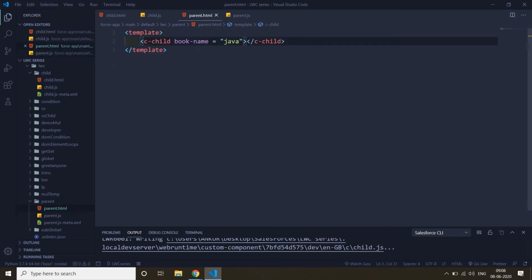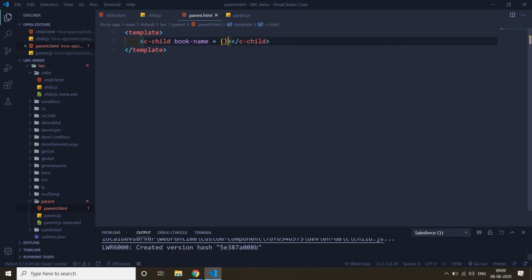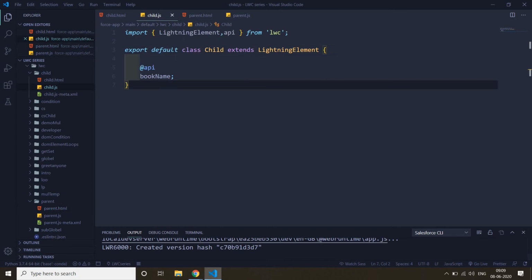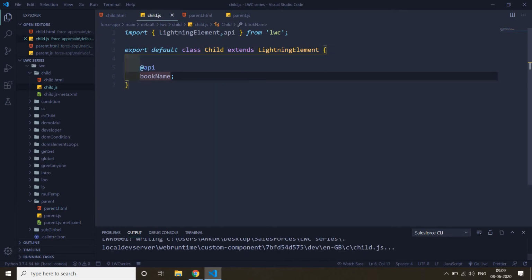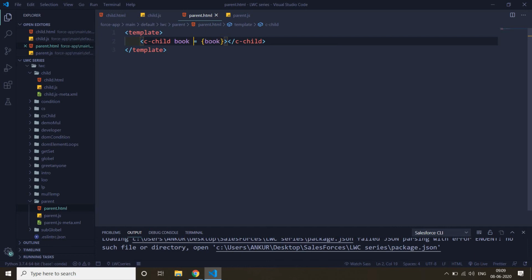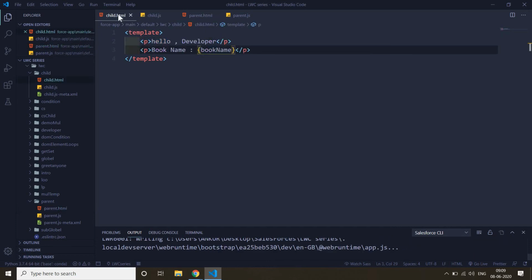Now we want to pass the object here instead of simply this string. So for that we need to pass simply book. Here also, instead of book name, we make it only book, and for that the naming convention also changes. So here simply write book.